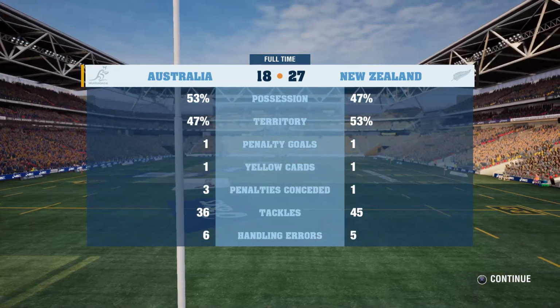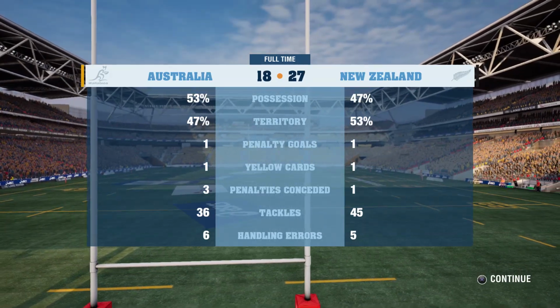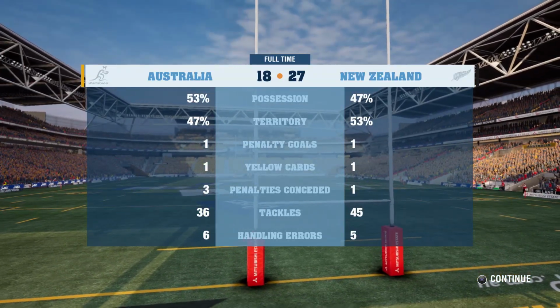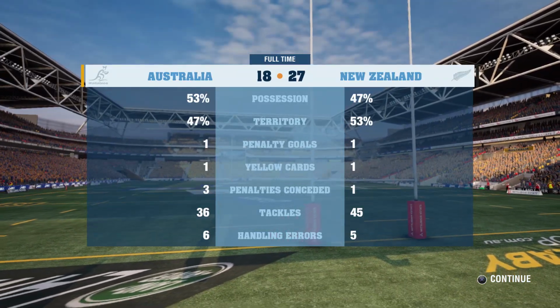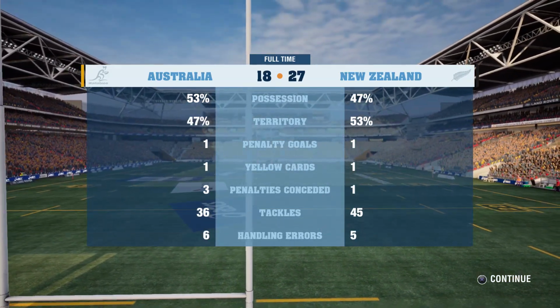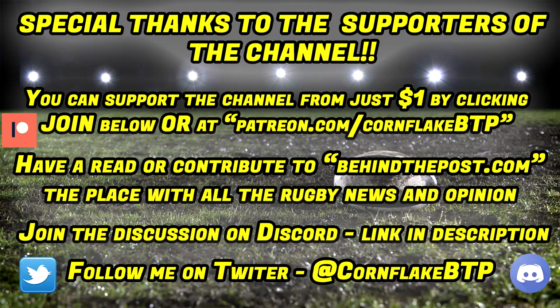At the end, though, the All Blacks come home a little bit shaky, not their best performance at all, but a win nonetheless, and they continue on their good form since that really rusty opening performance back at home in Wellington. They go on now, 2 wins on the trot in the Rugby Championship, and of course 3 in a row against the Wallabies out of the 4 Bledisloe Cup Test matches. I'll be back again for more from the Rugby Championship next weekend, but for today it is the All Blacks victorious again over the Wallabies